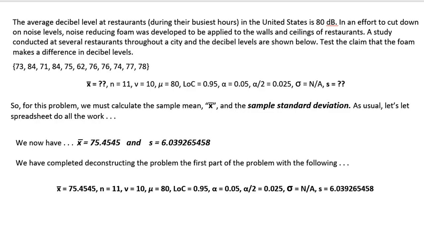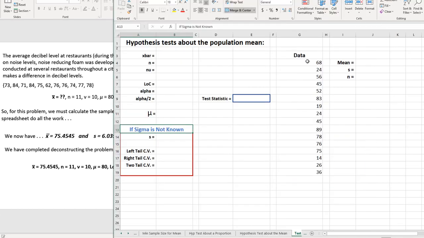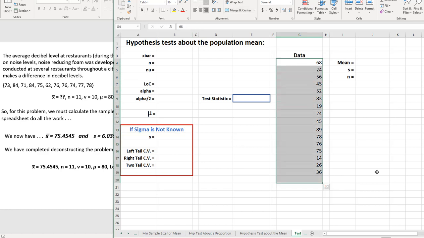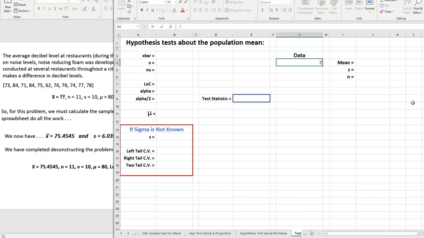I have this spreadsheet right here. Here I just have some old data, but I'm going to have to type in the data manually. I'm going to get rid of the old data, and that's important to do. Make sure you get rid of all your old data on your spreadsheet. Now I'm just going to type the data in manually. 73, 84, 71, 84, 75,